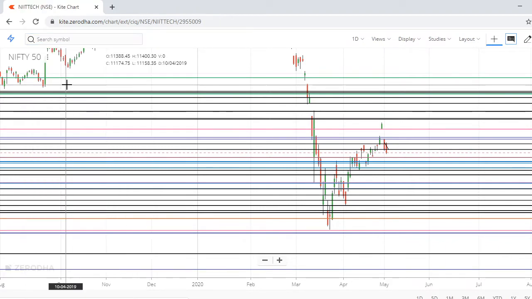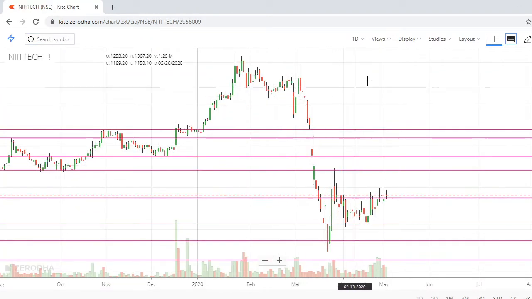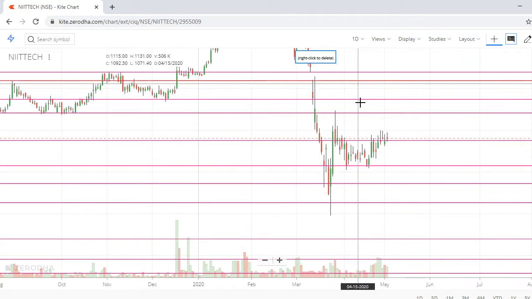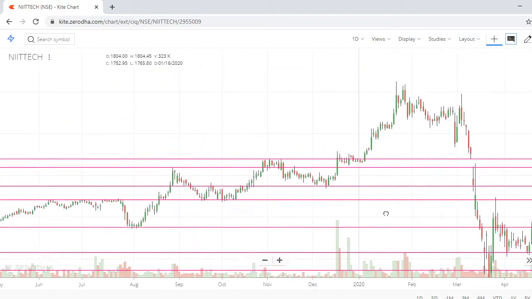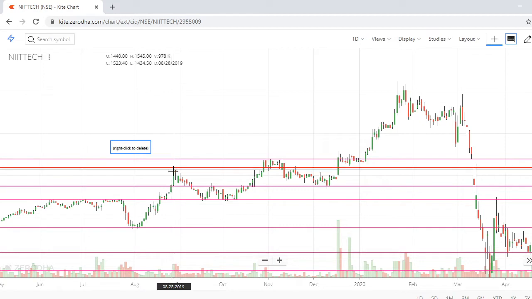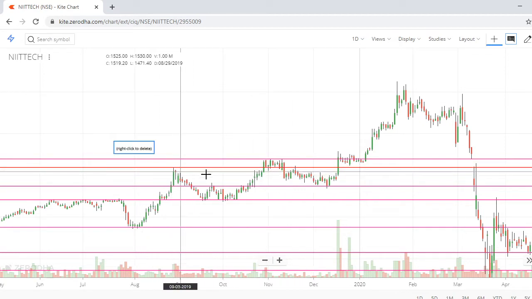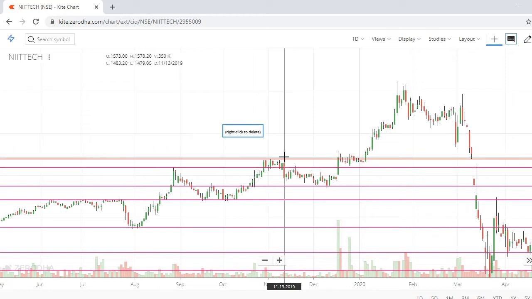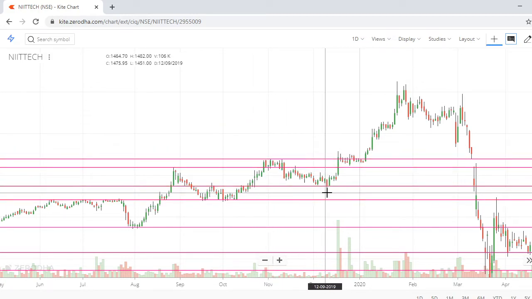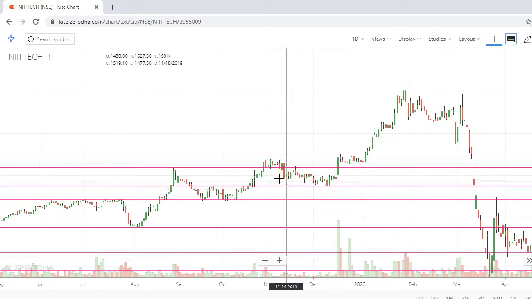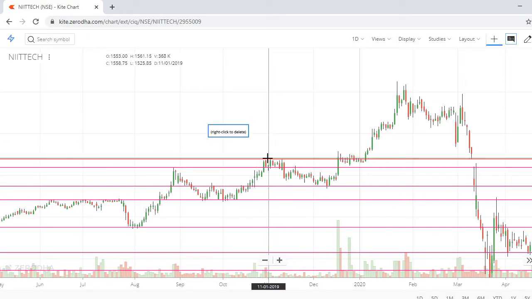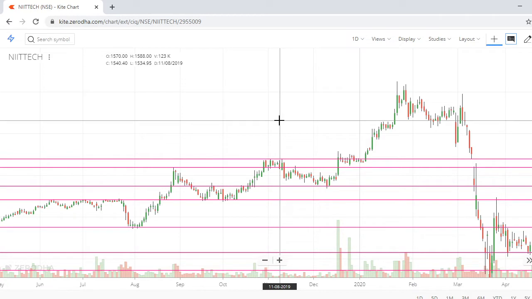We studied a few examples also. If this is the thing, see, this is how we can draw the support resistance levels. There is no hard and fast rule. Try to join the lines where the most number of candles are stopping or starting. It can be either the bottom of the candle or the top of the candle where more number of candles are joining together. So we studied about static lines.